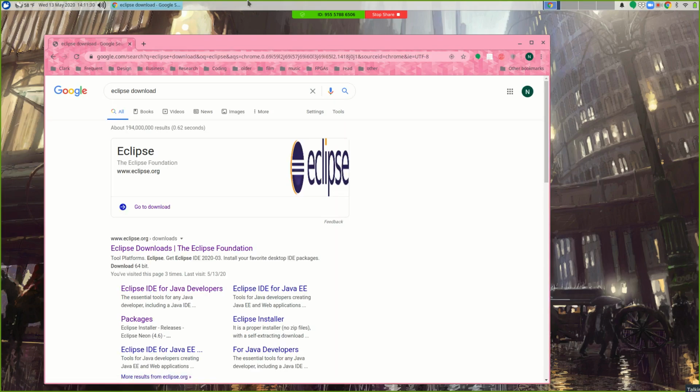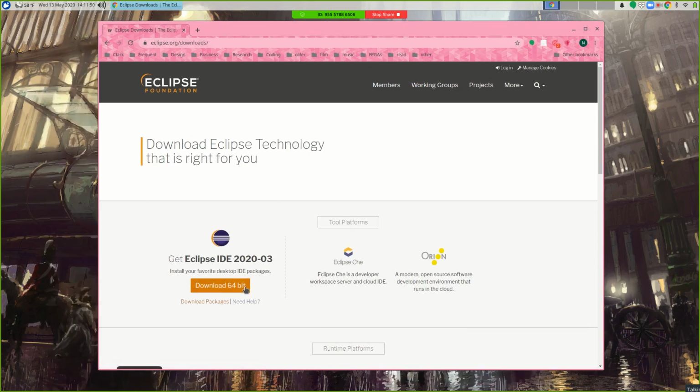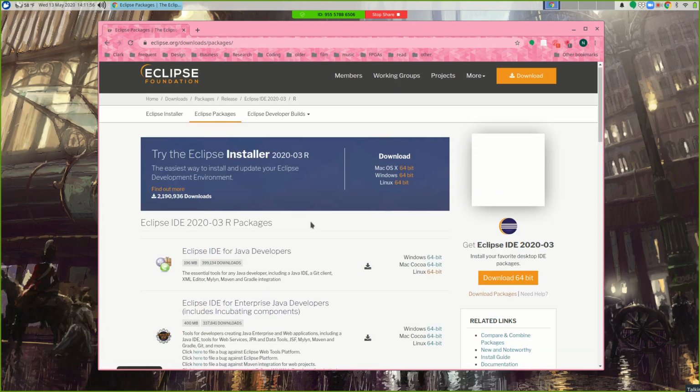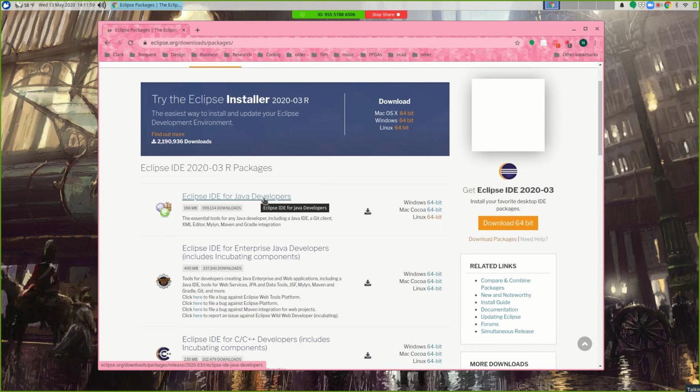If you just Google Eclipse or Eclipse download, right, you should get to the Eclipse Foundation, eclipse.org, okay? There are other sites out there, like eclipse.antimalware.com or something, right? Make sure you're downloading from eclipse.org, okay? I'm going to go to Eclipse Downloads, and instead of just saying download 64-bit, I'm going to go to Download Packages and see what's available. And the first one is Eclipse IDE for Java developers. That's what we want. Okay, IDE is the integrated development environment. That's what MATLAB is, that's what NetBeans is, IntelliJ, all that, right? It puts all the tools that you're going to be using in a single place.